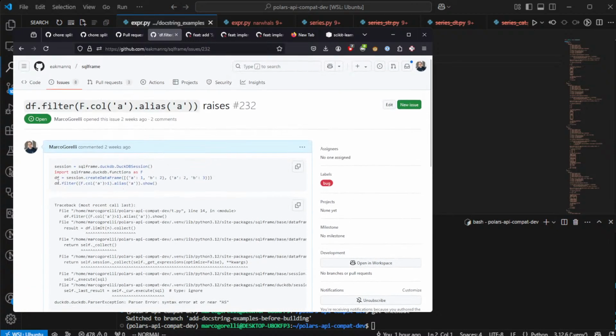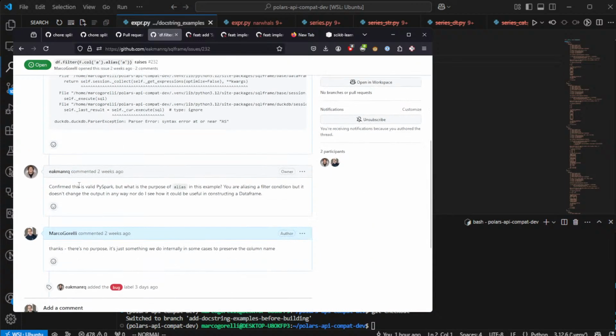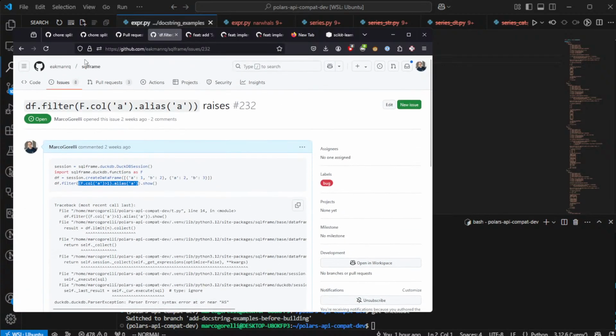You see here, if you do df.filter and then you do f.call a greater than 1.alias a, this is the kind of thing that we would end up doing within Narwhals because we want to preserve the leftmost name, but PySpark doesn't like that. There might be a way around this, but for now that's the blocker to using SQL frame. But if we could use it, just test out the PySpark API, but without having to wait for PySpark to take forever,